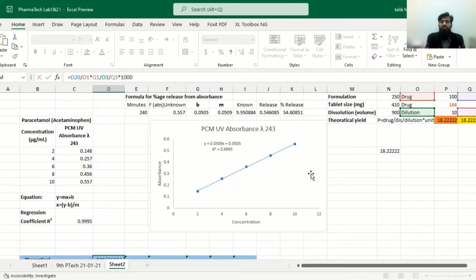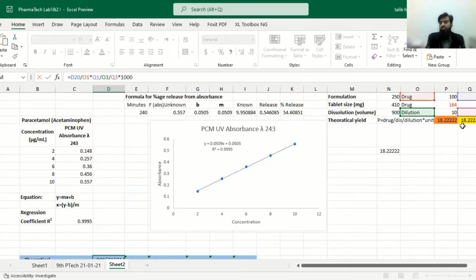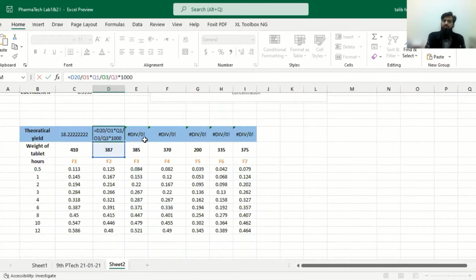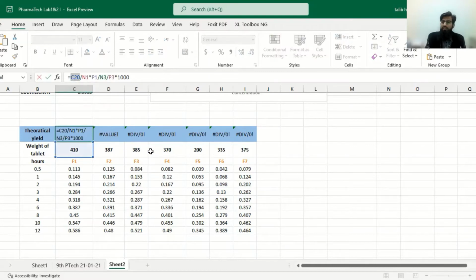We have to fix some cells, as these values are written in fixed cells. So we have to fix these cells so that every time we drag it, it takes the same cell readings. It only changes the cell which we require to be changed. So for that, C20 actually needs to be changed if it has to be dragged to the right side.